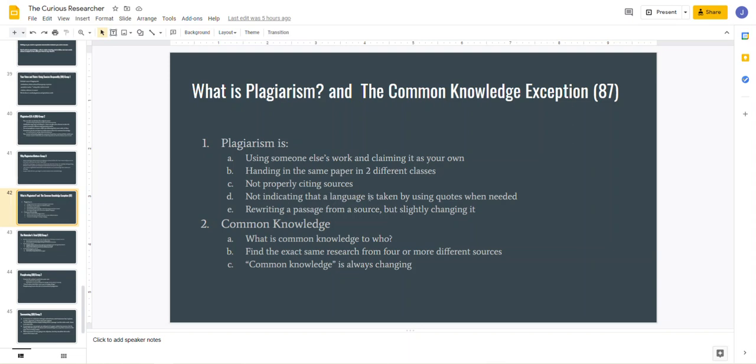Not indicating that language is taken by using quotes when needed, and rewriting a passage from a source but slightly changing it and not citing it, that is really plagiarism. Common knowledge is if you run across ideas in four or more sources, that would be considered common knowledge because it's across the spectrum